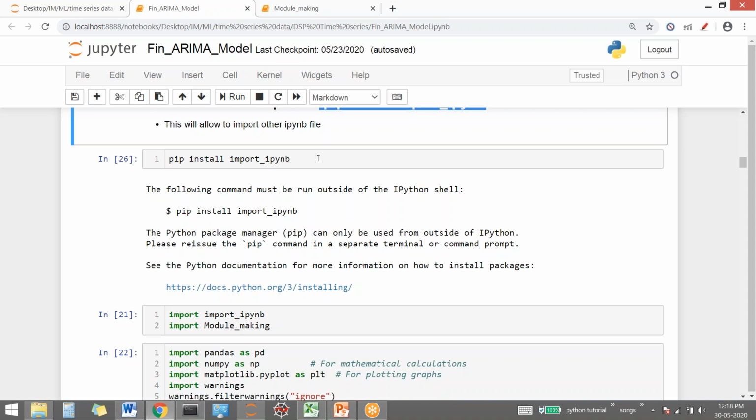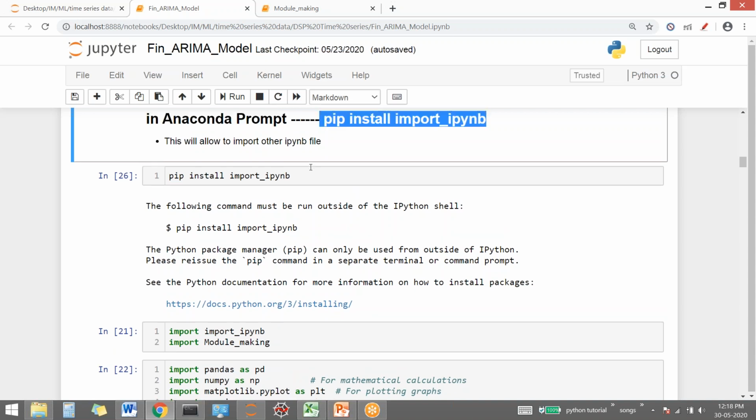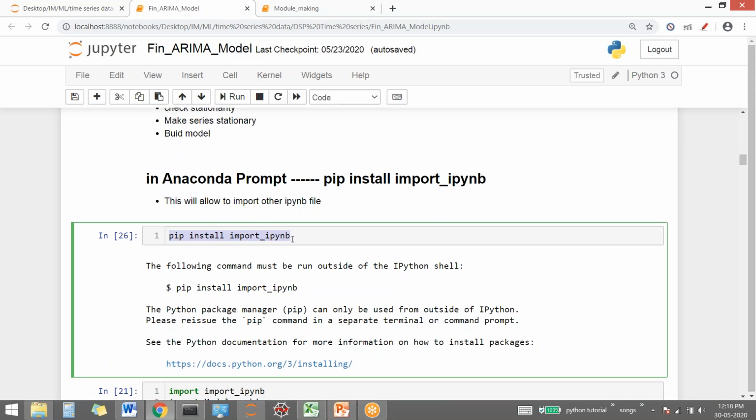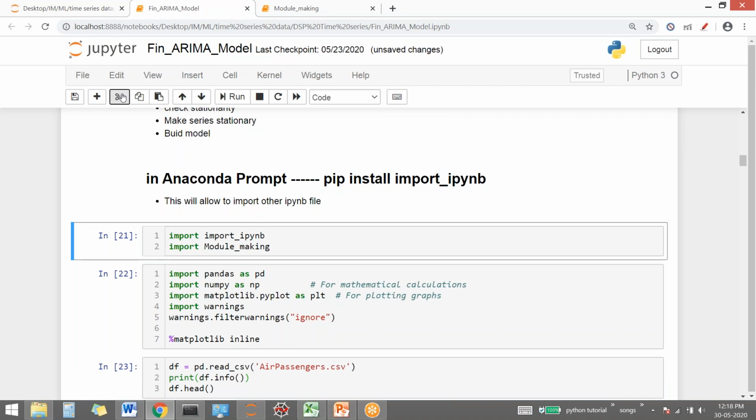This is in your Conda prompt, Achal. Type this command, pip install ipynb. Run this command in the Anaconda prompt and see. Johnny, did this run for you? You were saying it was done. What error?